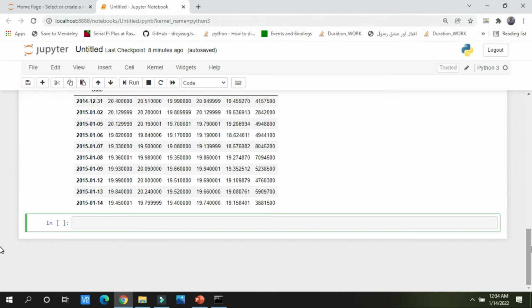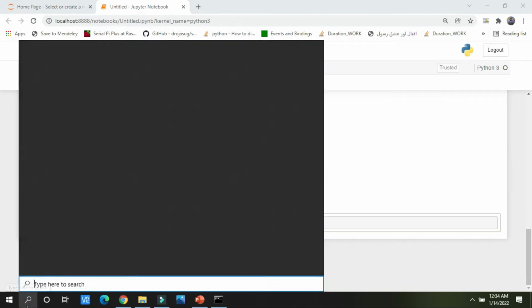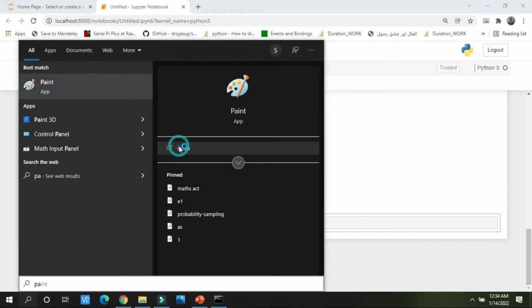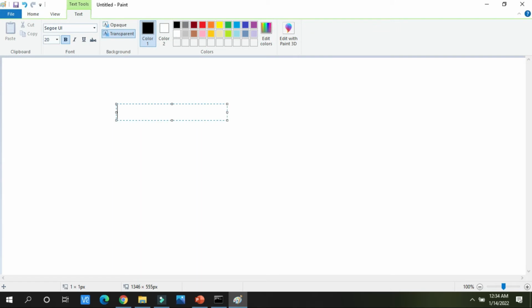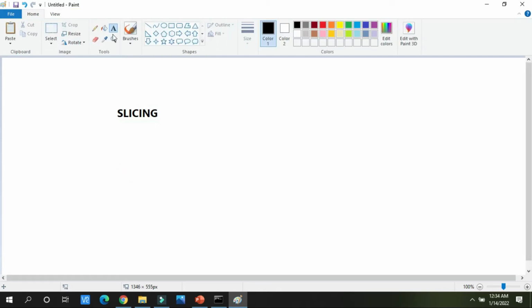In Python we have the concept of slicing. Do you know what slicing is? Let me explain. Slicing means cutting it down. You have heard the word slicing in the English language, or you know what a slice is. So basically slicing is cutting the data down into pieces. Suppose this is some data written and we are cutting it down according to our requirement.